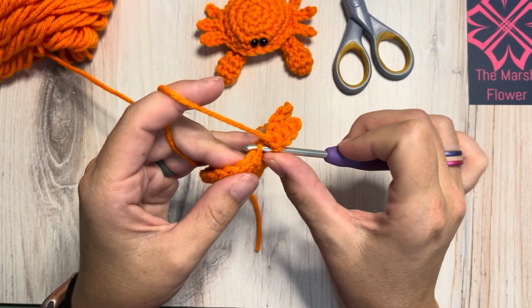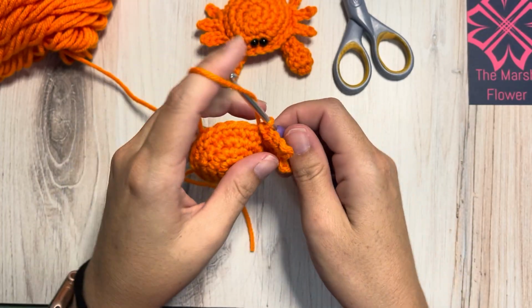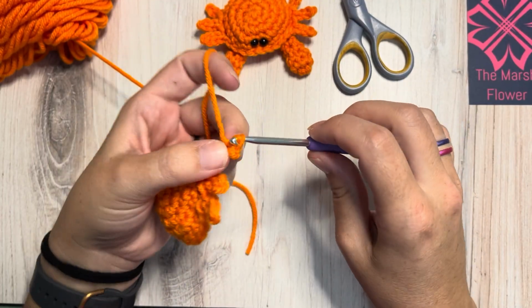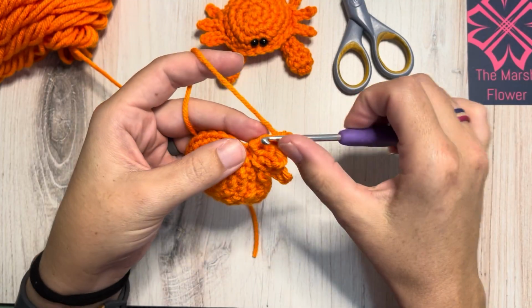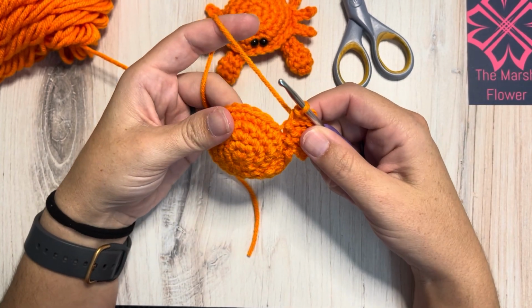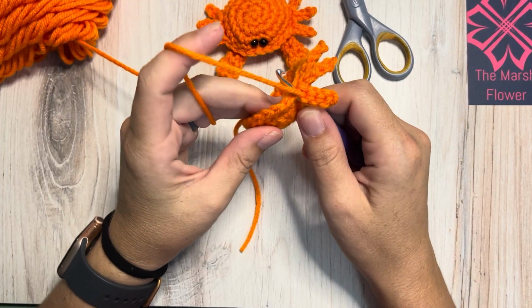And then we'll do another slip stitch, and then another chain 4, and then 3 more slip stitches back towards the body. So those little legs are super easy to make. Okay, once we have our third leg finished here, we're going to do 9 slip stitches,